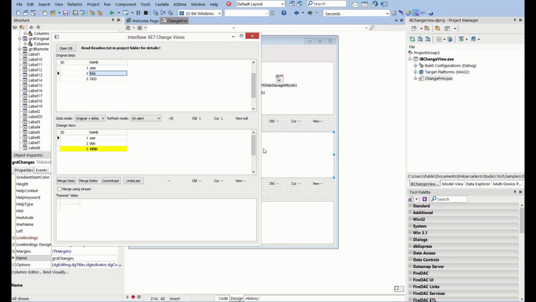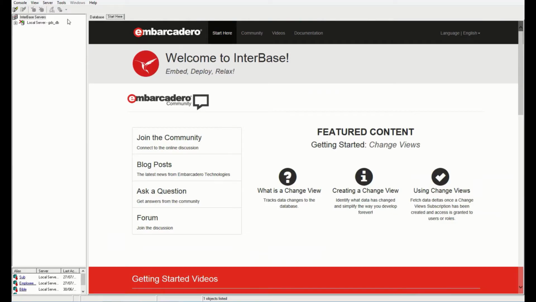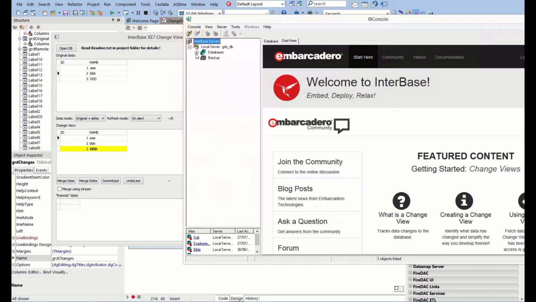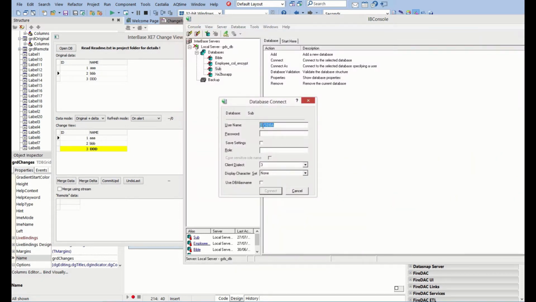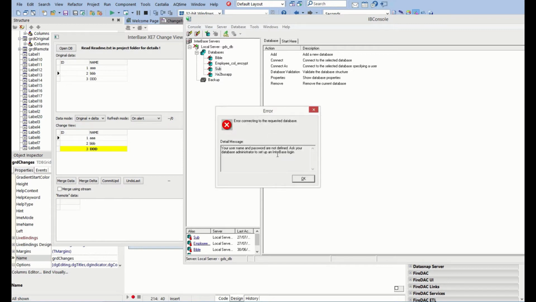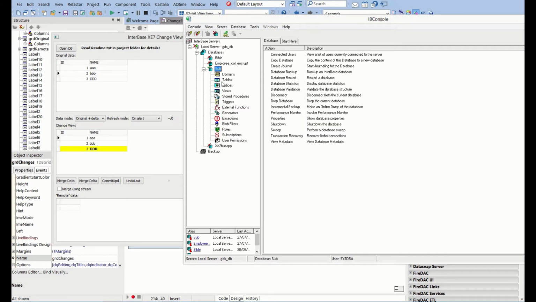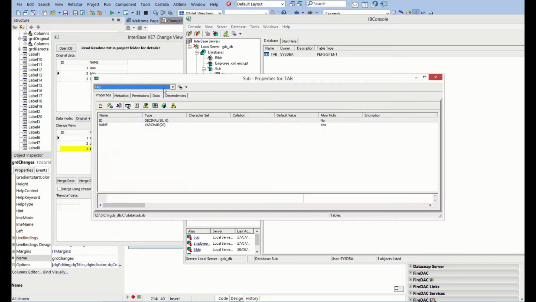So let's go ahead and make some changes directly into the database. So I'm going to just move IB console across here a little bit. Maybe I've got caps on. There we are. And into our database table,